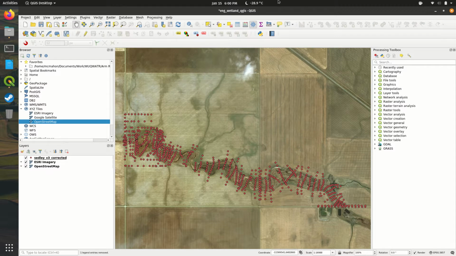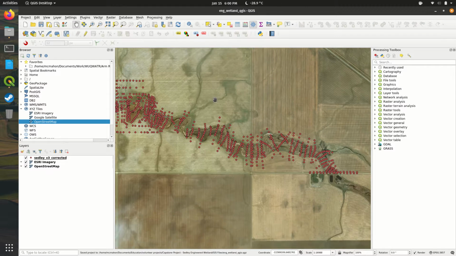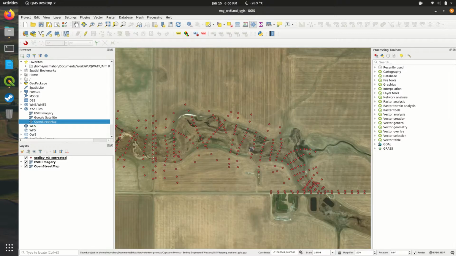So we've got a project in QGIS, and we have our points in here, and we plan on building a berm. We know we need a berm, but the question is, where do we put the berm, and how high do we put the berm? I mean, the intuitive thing is we're going to put it here somewhere, but how high do we put it, and what kind of area is that going to backflood? To answer those questions, we would want to get